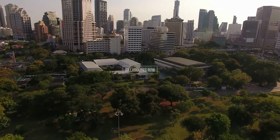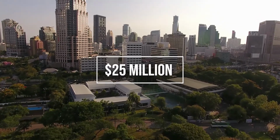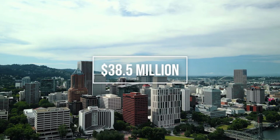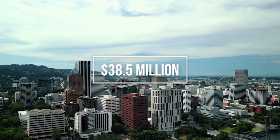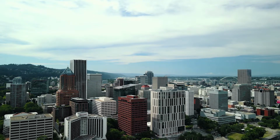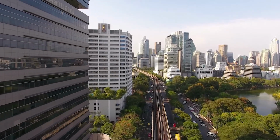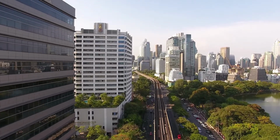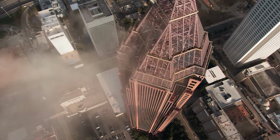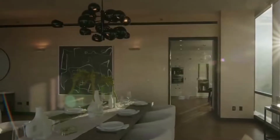In the past 5 years, there have been 41 real estate sales over $25 million with an average sale price of $38.5 million, which is 38 times the average sale price of a regular apartment in Manhattan. Needless to say, Billionaires Row is a place for those with money and lots of it. It's a strip of a handful of ultra-luxury skyscrapers. Today, we're going to look at the cost of these luxury apartments, the incredible amenities inside them, and the people